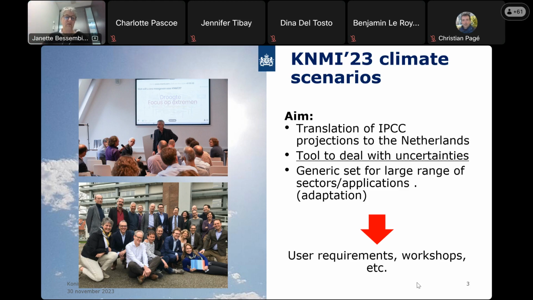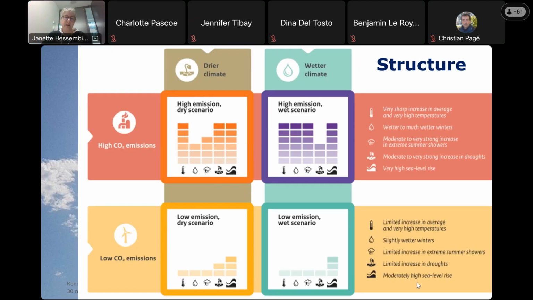But what is very good to realize is that we discussed a lot of these things also with potential users during workshops, surveys, etc., to get an idea whether the way we want to do it links to what the users will need. Okay, this is the main figure of the new KNMI climate scenarios for the Netherlands. It's about the structure. I will not go into detail, but